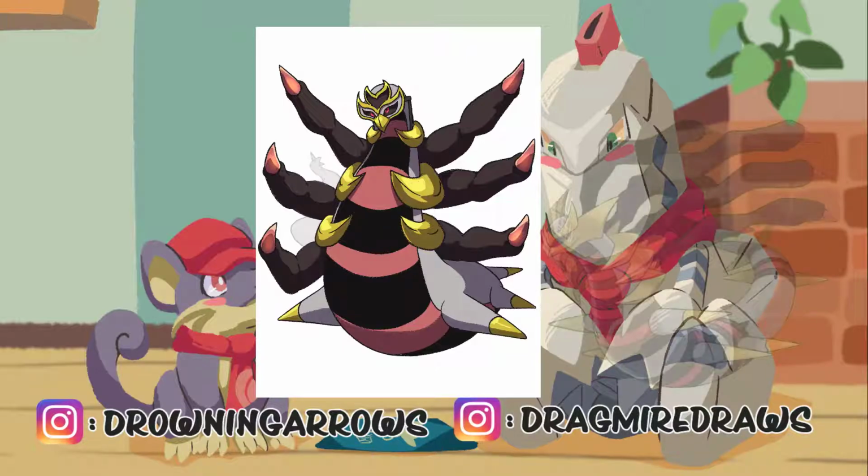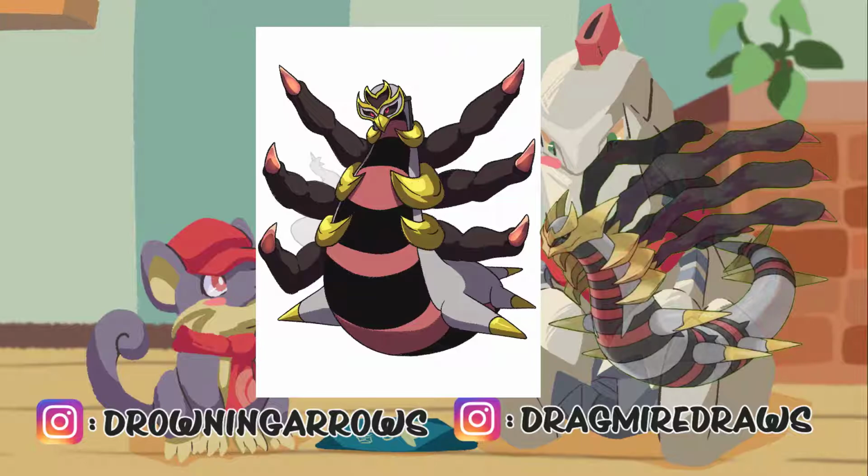So confirm, what Pokemon is it? It's supposed to be Giratina. Okay, and that's what it is. It's a fat Giratina. I love it. For the next Pokemon,